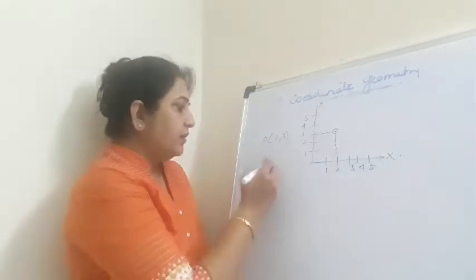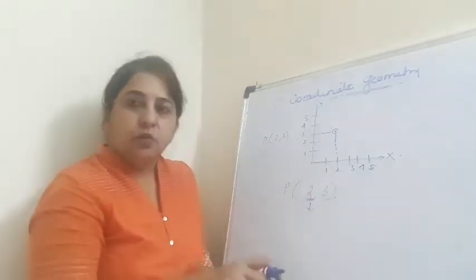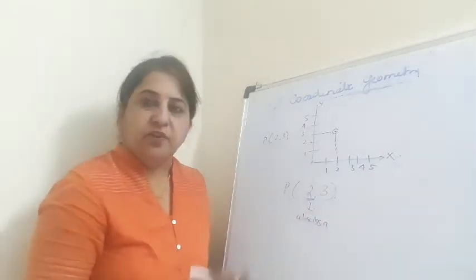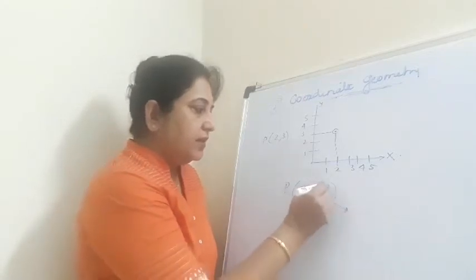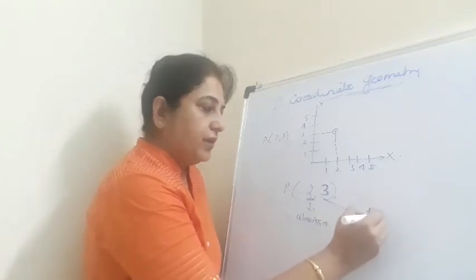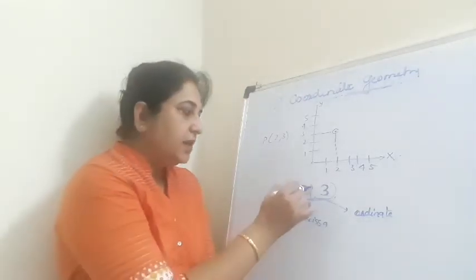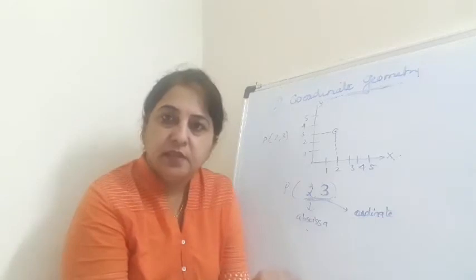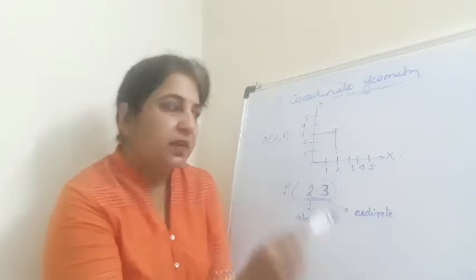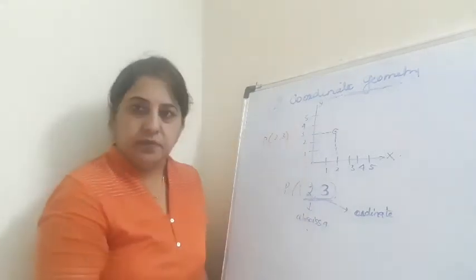Now you should also know that if a point is given to you like (2, 3) over here, the first one will be the x coordinate and we call it the abscissa. These terms you will find in your textbook. And the number 3, that is the second coordinate, will be called the ordinate. They are called the coordinates of the point P, but the first number which lies on the x-axis is known as the abscissa and the second number, which lies on the y-axis, is called the ordinate. So remember that the first one will be the x-axis coordinate and the second number will be the y-axis coordinate.